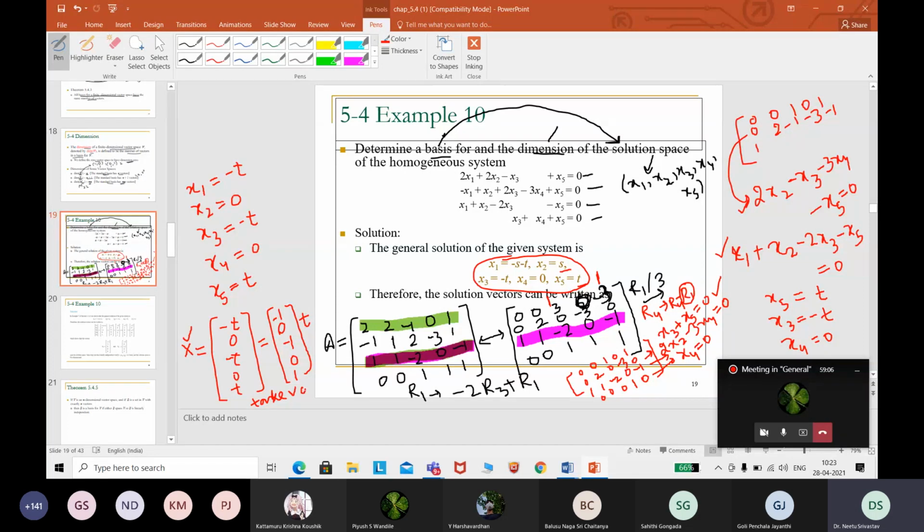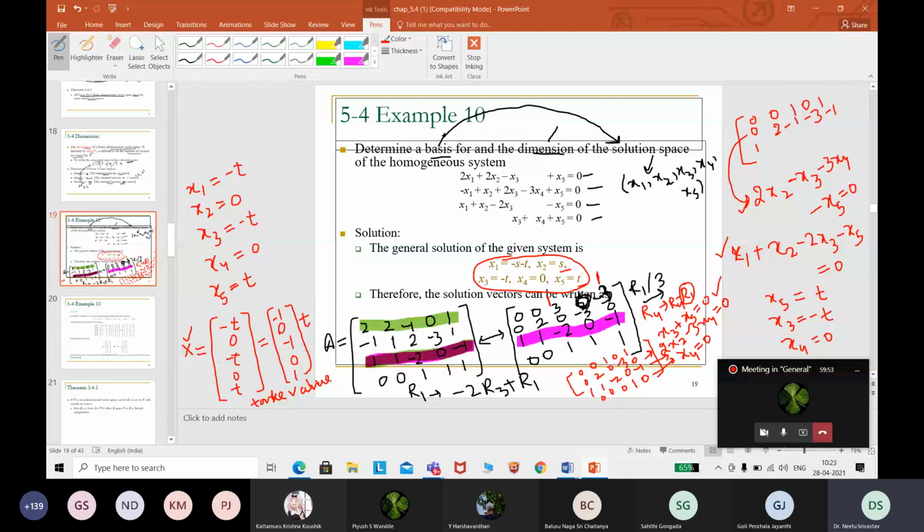You take any value for t and check whether your system of equations is satisfied or not. If you take t equal to 0, it is satisfied. Suppose t is equal to minus 1, we will be able to check our equations. If I take t equal to minus 1, x1 and x3 will be 1, x5 will be minus 1. So the last equation is satisfied. In the first equation, x1 is 1, so 2, x3 is minus 1, so 2 minus 1 is 1. x2 is 0 and x5 is 1. So is it satisfying?